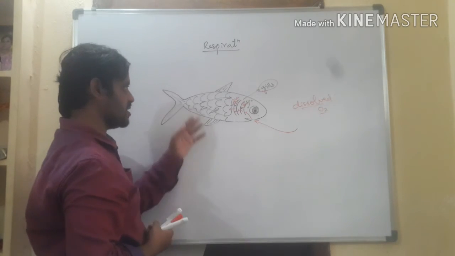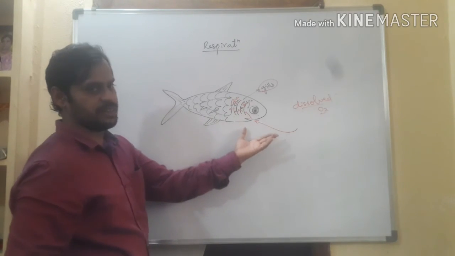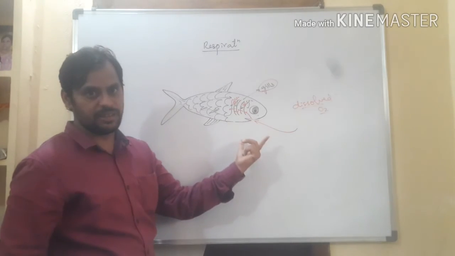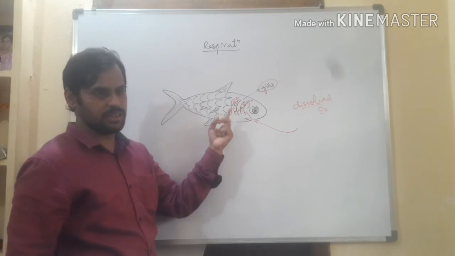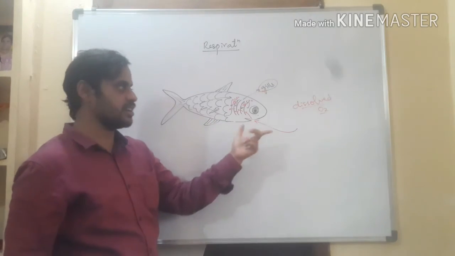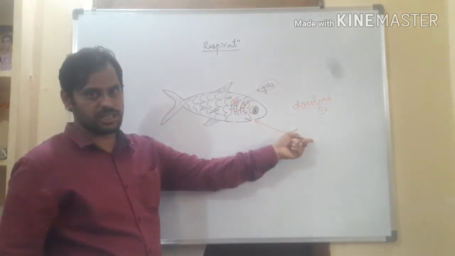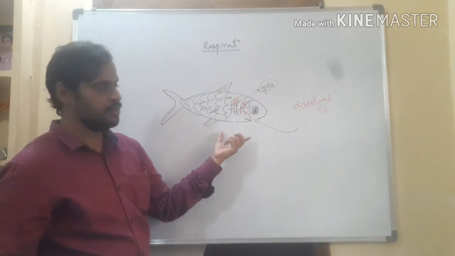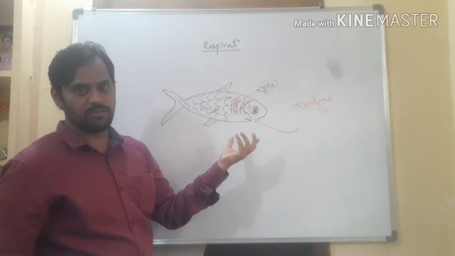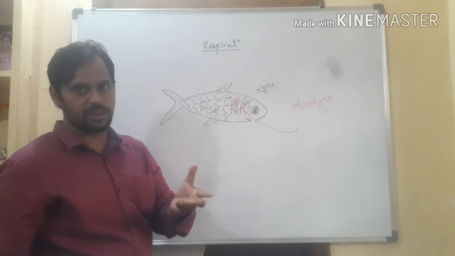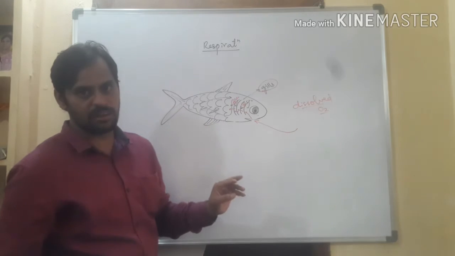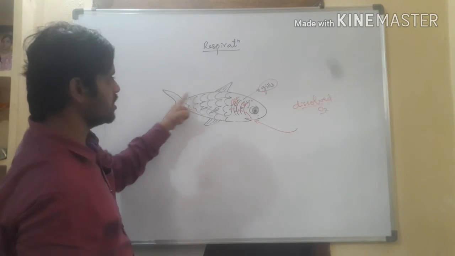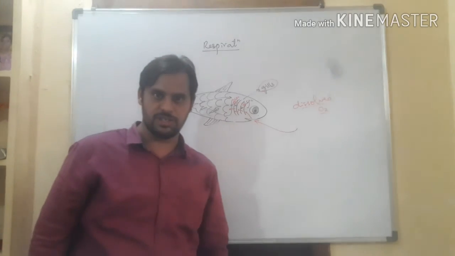So this whole process takes place in the fish. Why? Because it is living in the water, it won't take the oxygen present in the air, it will die. Because it is an aquatic animal. The respiratory organs are gills, so definitely it requires dissolved oxygen. This is the reason why fish are unable to survive on land, because on land there is air, but it is not dissolved air. So this is respiration in fish.